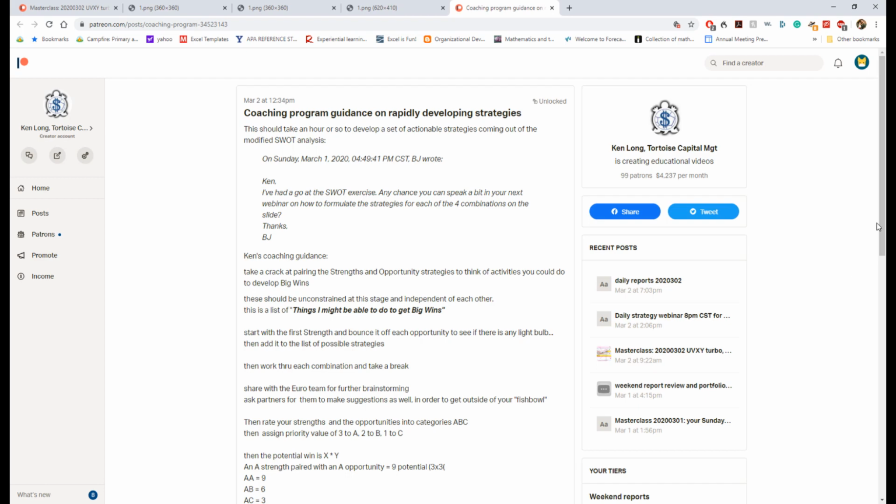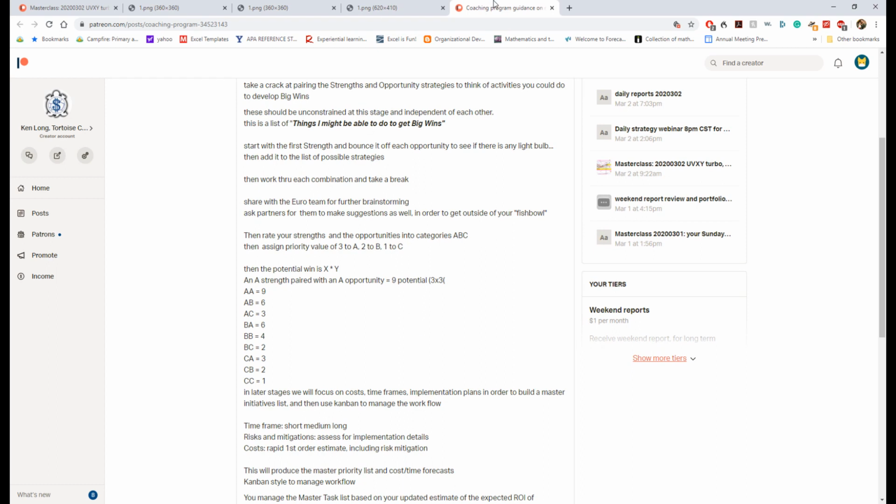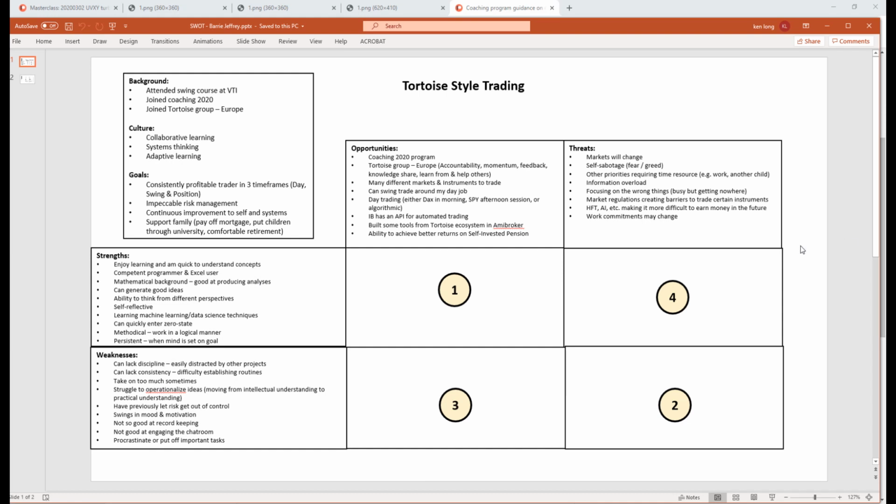Thanks. So I'm going to go through the strategy guidance here in a second, but first, as a quick review of where we are with the strategy, the SWOT analysis. All right, so this is Barry's background, culture, and goals. He's gone through and itemized his strengths and weaknesses. So the left-hand side, these 2 sectors over here,